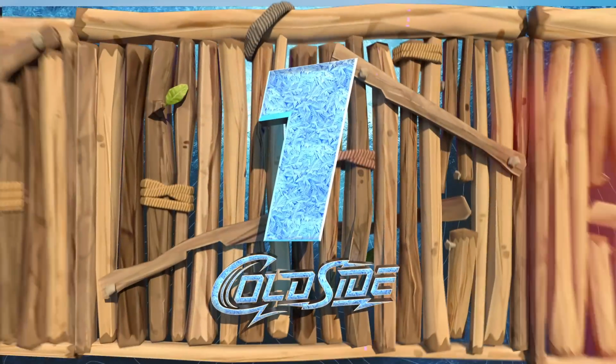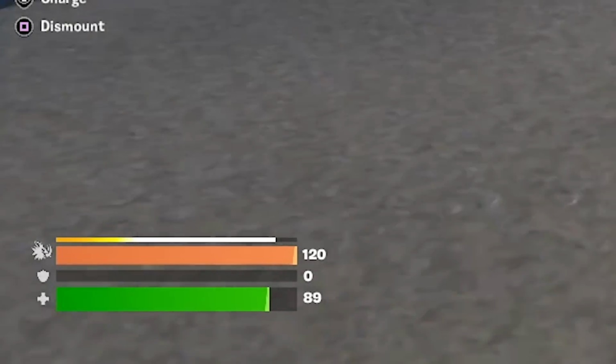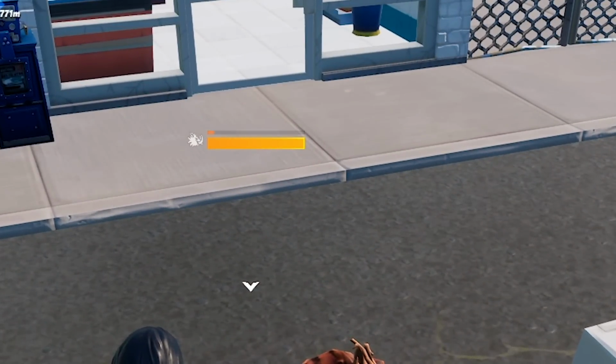So starting with number 1, we all know the Rideable Animals have a limited amount of stamina, so once you've ran them around too much, they'll eventually just lay down and not move. But believe it or not, you guys can use gas to actually refill that stamina bar, but it is pretty